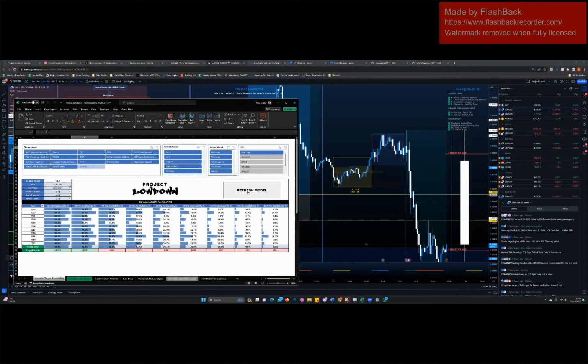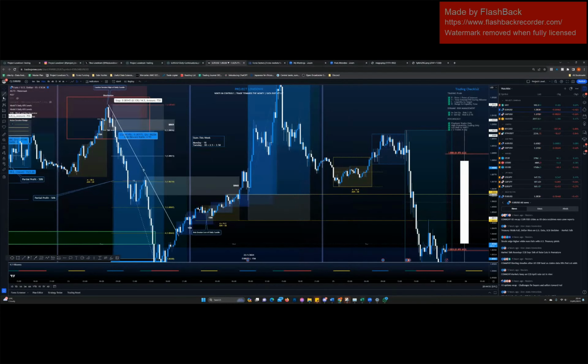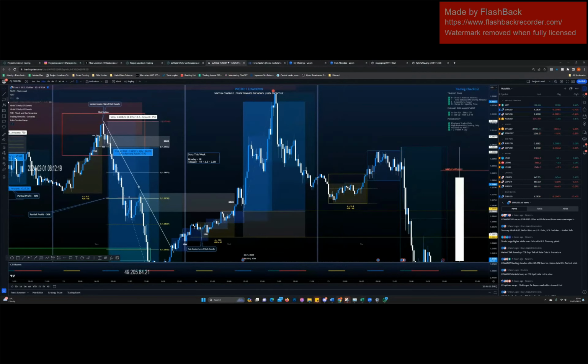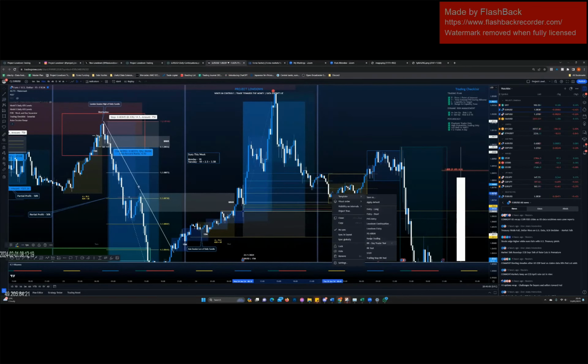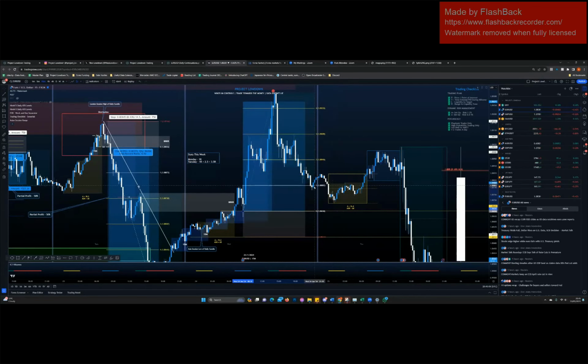So 13.7, we model it, and I think this is already up to date. Double click just to make sure. Right, okay, it is. So basically 3R is on the table, 4R, 58% chance. So 3R is the one that we want. And 2R, what was the probability of that? Let's have a quick look. 90%, right? So we're going in knowing, all right, cool, we're gonna get paid no matter what. 2R is guaranteed, 3R is still 70%.